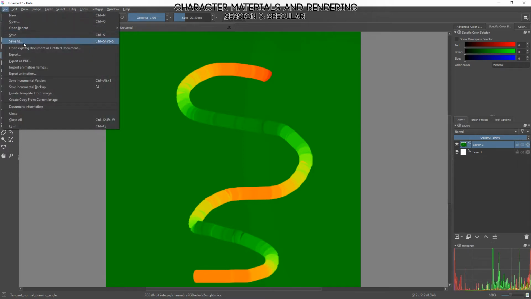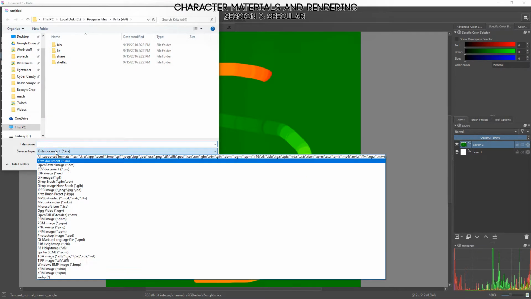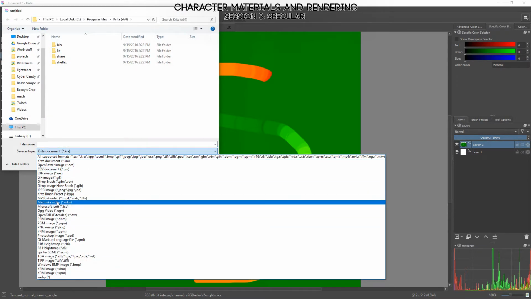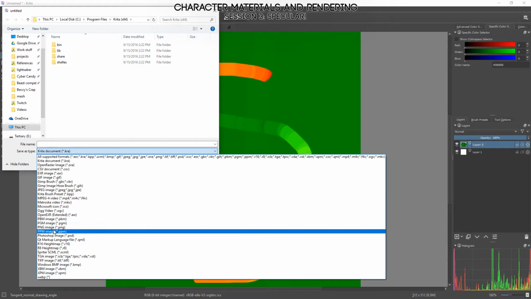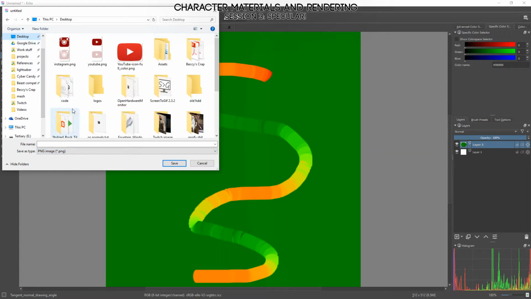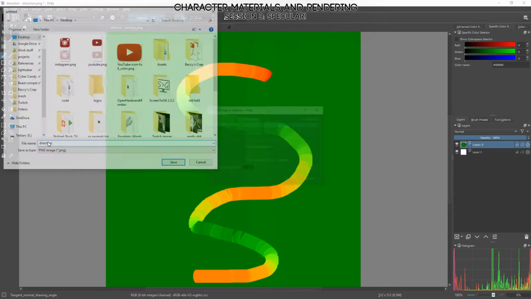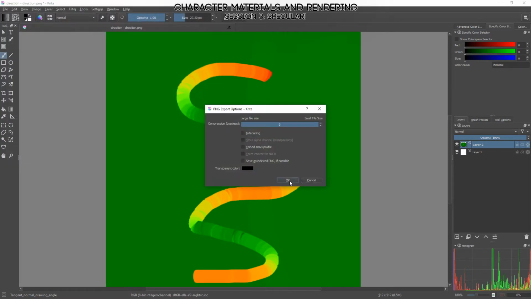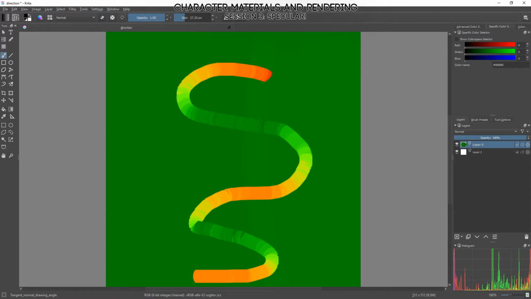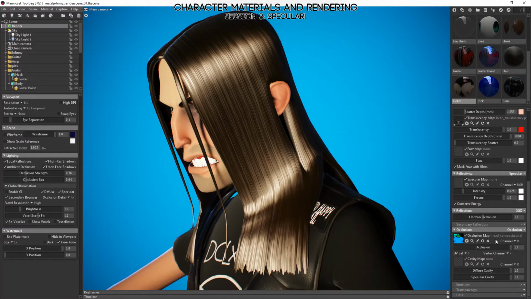So we're going to save this. Let's see, export this as. We can really just save this as a PNG. That should work. Let's call it direction, if we can spell correctly. Save that. Now if I come back here to Marmoset and I go into my hair shader and I load a direction map into this slot right here,